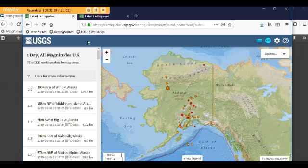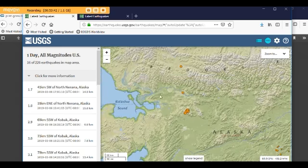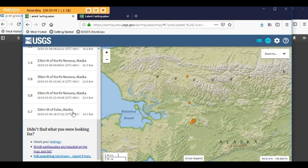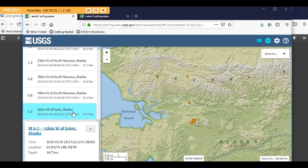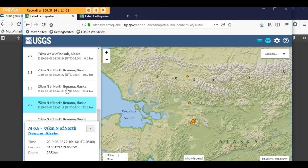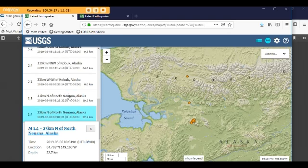Now let's go to all magnitudes, especially for this Kobuk area. There are 13 here. The first one was a 0.7 near Esther. I'm not even seeing where that is. 0.8 near Nanina, North Nanina. 0.8 near North Nanina, 1.4 near North Nanina, 1.1 near North Nanina, 2.7 near Kobuk,